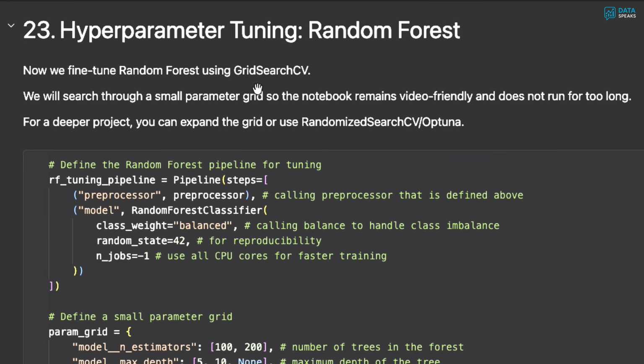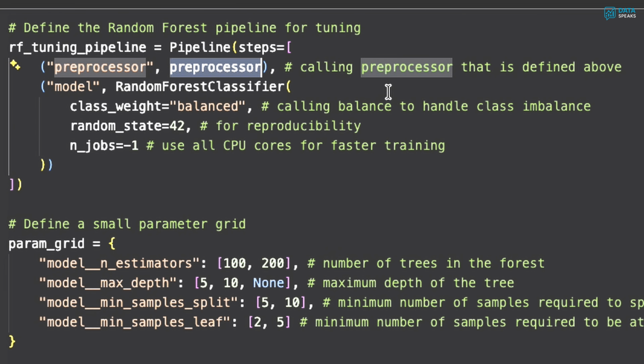We will use GridSearchCV, or grid search cross validation, to tune the random forest model. To do that, let's begin over here. So I will call the RF tuning pipeline, which stands for random forest tuning pipeline. We'll call the pipeline. And here earlier, we had set up the preprocessor that converts all those numerical values into scaled numerical values and then fills out missing values, then also performs the one-hot encoding for the categorical columns,